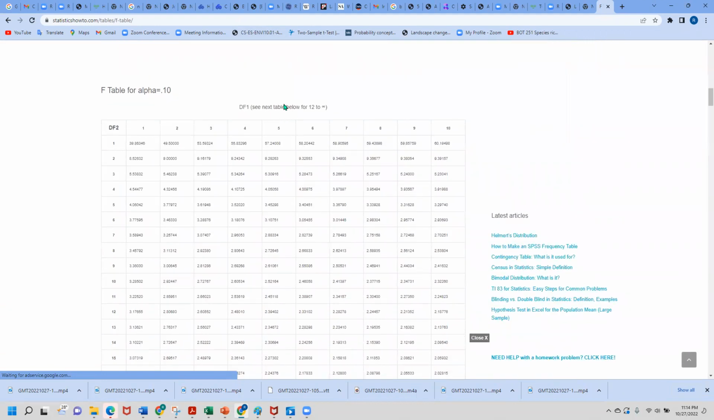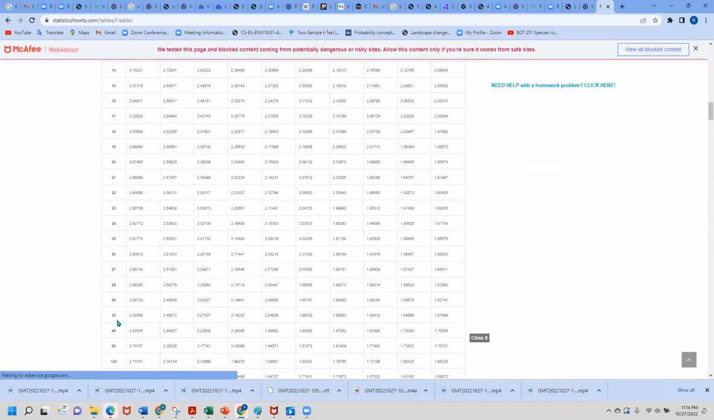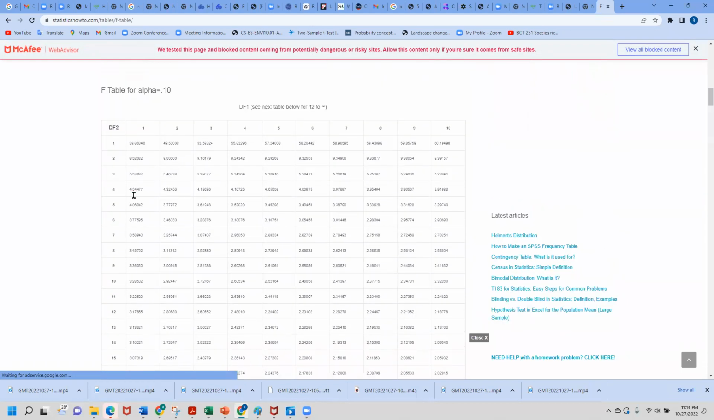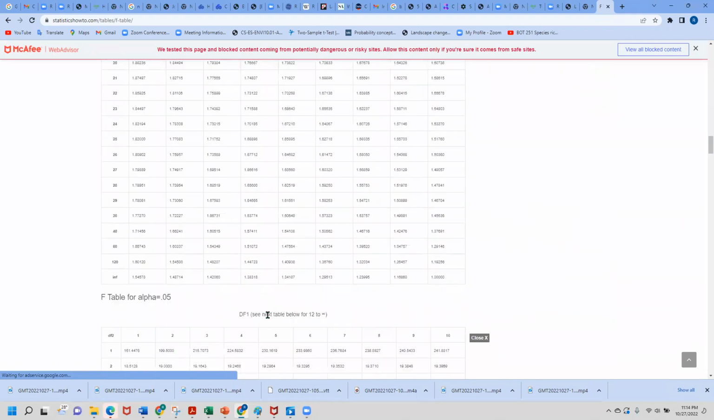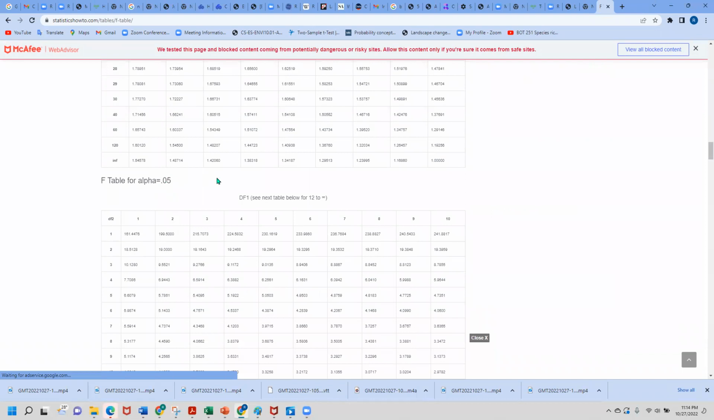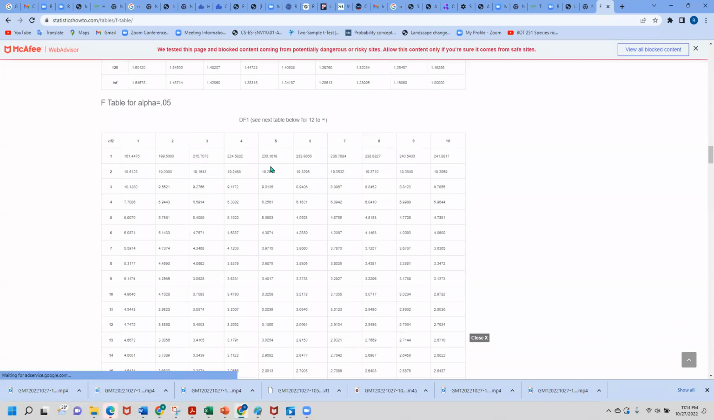Like degrees of freedom, the degree of freedom 1 is the numerator, and this is the denominator's degrees of freedom. This table gives the F value that has a probability of 0.1 to the right of that F value. And then there are, of course, others. This one is 0.05 to the right of the F value. So these are your numerator degrees of freedom, and then the denominator degrees of freedom